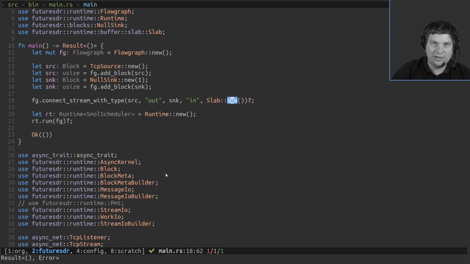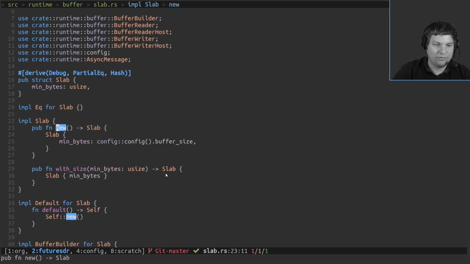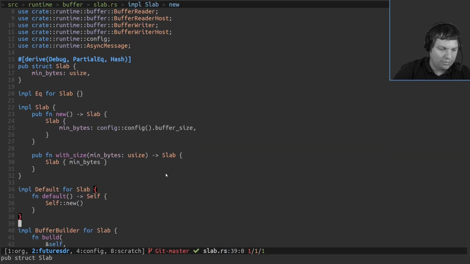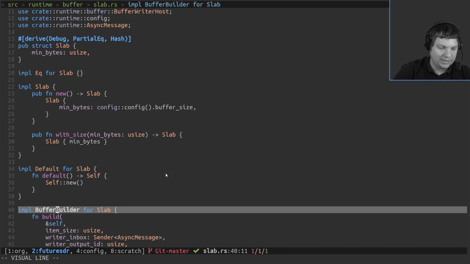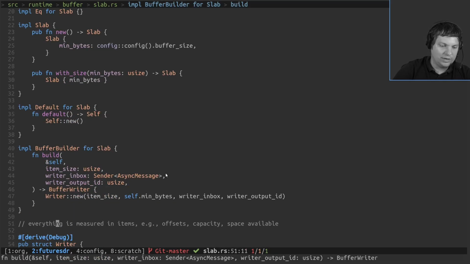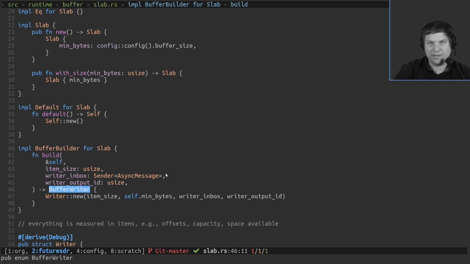Let's have a bit of a look under the hood, because actually this thing here is a buffer builder. That means we don't instantiate the buffer immediately, but it will then be done by the runtime, because this slab, this data structure here, implements a buffer builder. And then when the flow graph is run, it's calling build, and it's then getting a buffer writer. The writer can be associated with the output port.